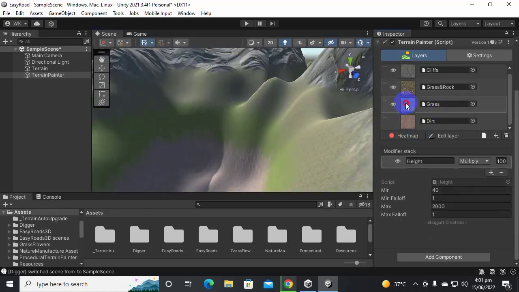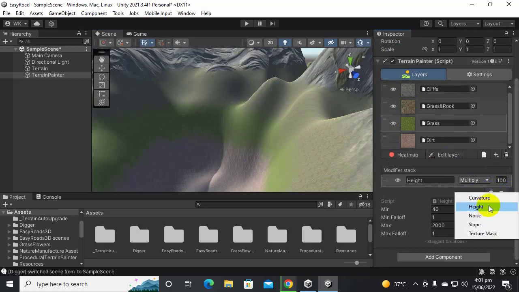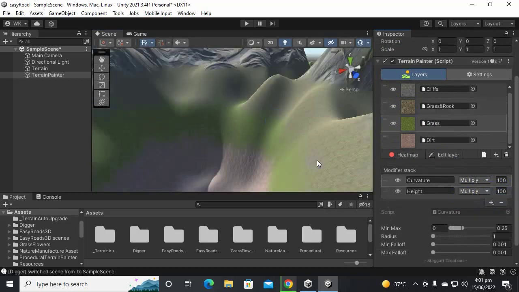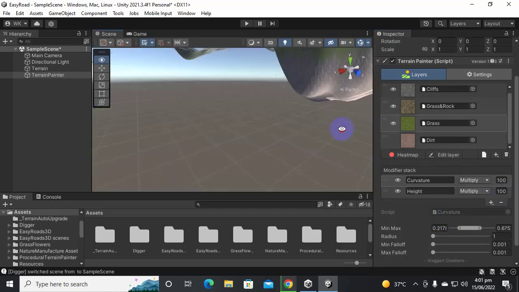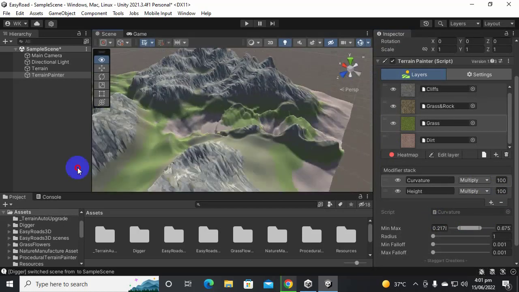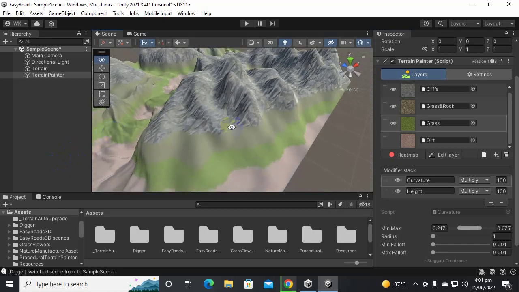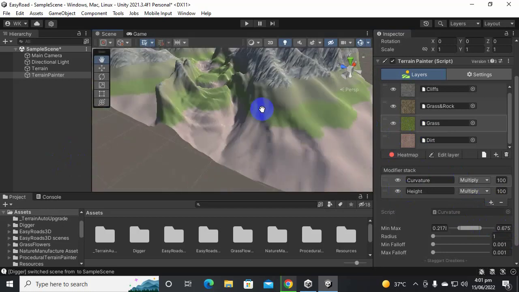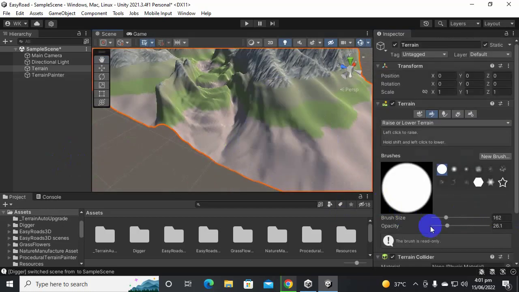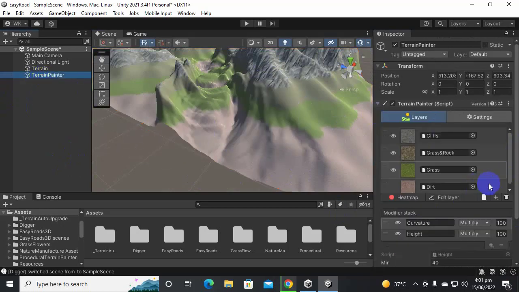So in this way we can blend different textures, and here we have the green one, so we can move it more towards the green. Yeah, this much blending is good. So now in this way you can see that we have added multiple textures, and we also have multiplied these textures with the curvature effect, and in this way